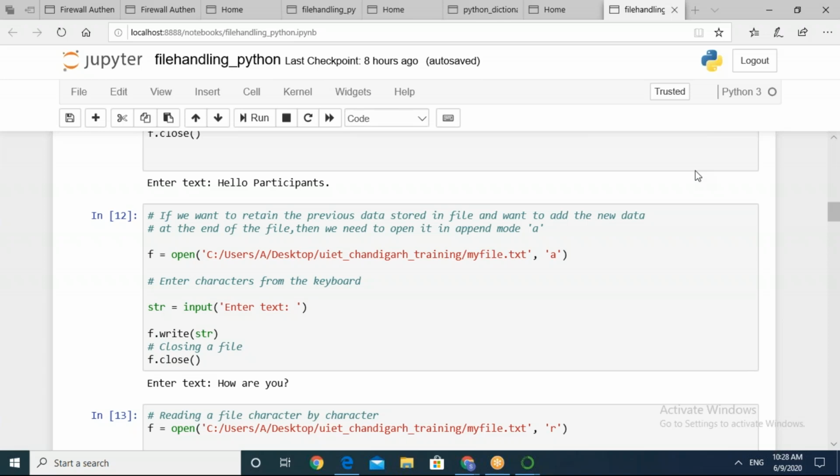Vishal, are you having some problem or you are just showing me in the chat window that you have executed the program with success? Vishal Kumar, kindly respond. Code is okay. So are you able to run it successfully?